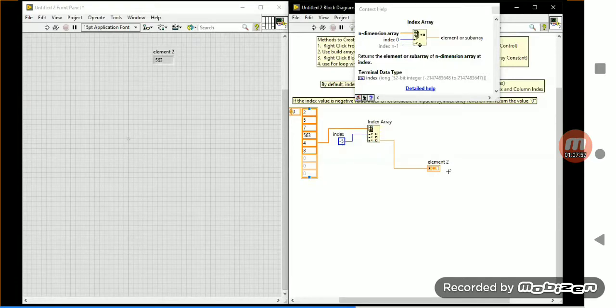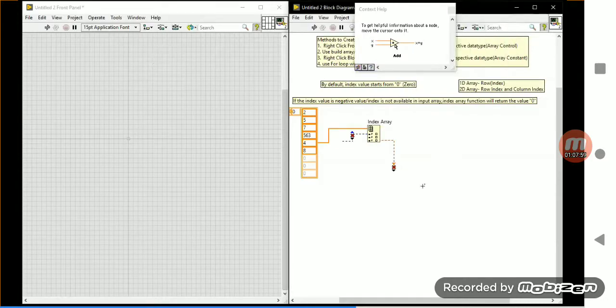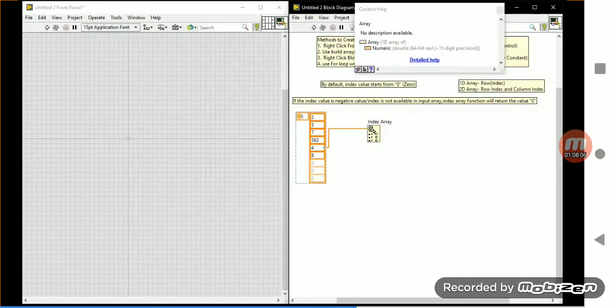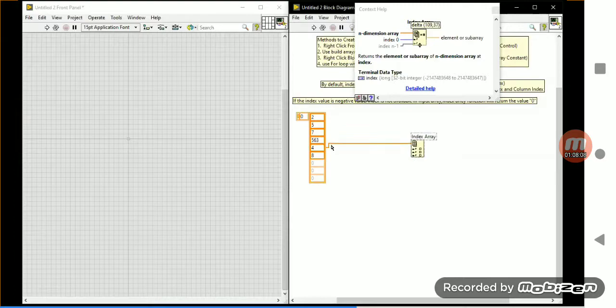Now this is for the 1 dimension. Okay, for 2 dimension. For 2 dimension array, I'm going to make it in 2 dimension. Same procedure, okay, same procedure, but only one thing will differ.